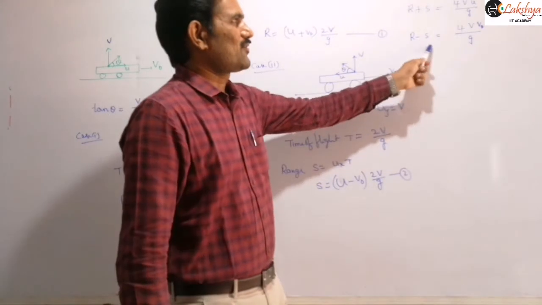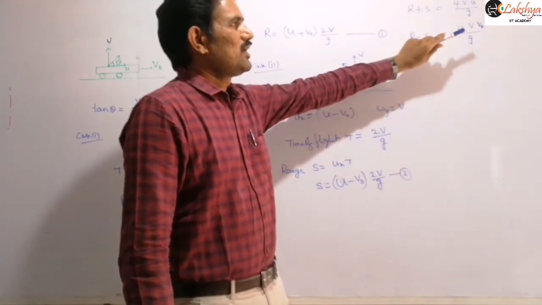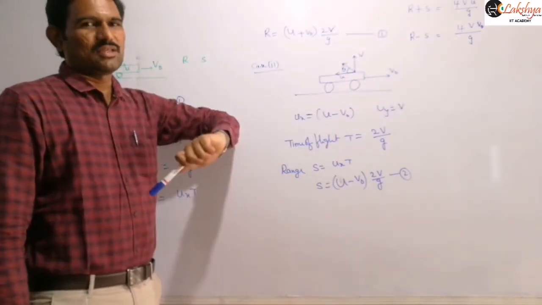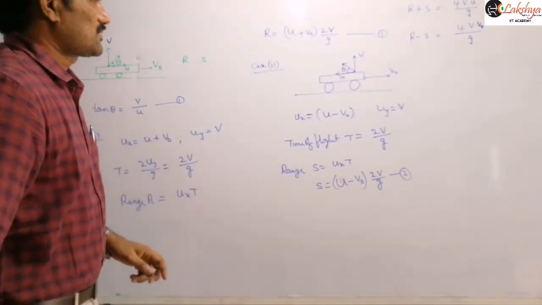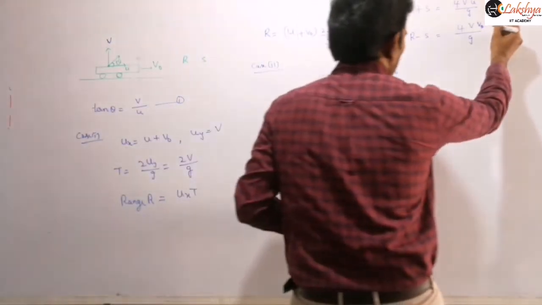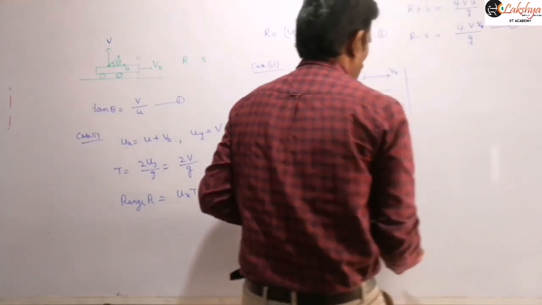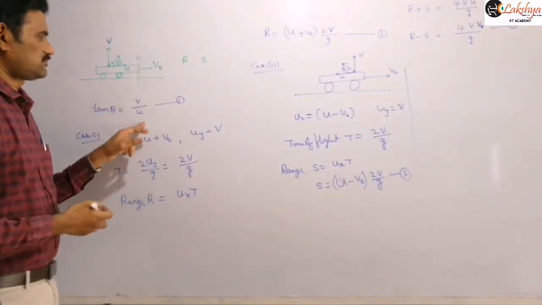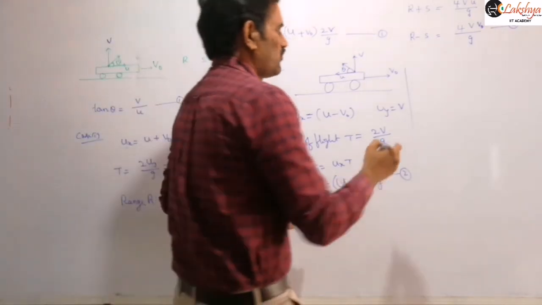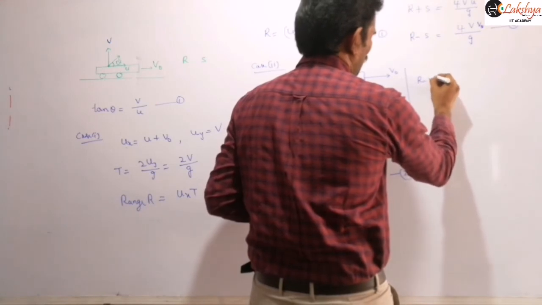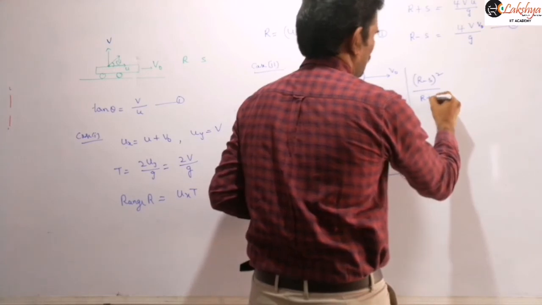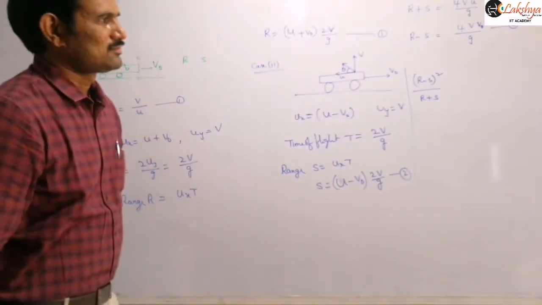Now we can observe this. If I take the ratio of these two, then the V term will be cancelled. So for that I am squaring that value and taking the ratio. We need to find this value, V by U, because V by U will give us the tan theta value. So to get that value, what I am doing is R minus S whole square plus R plus S. Now see this.